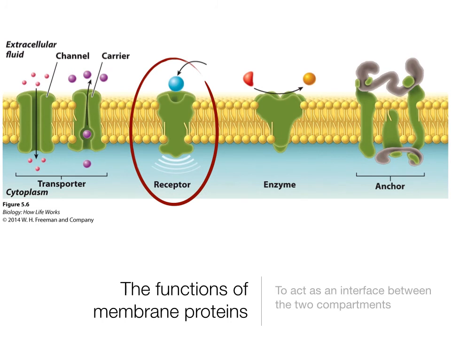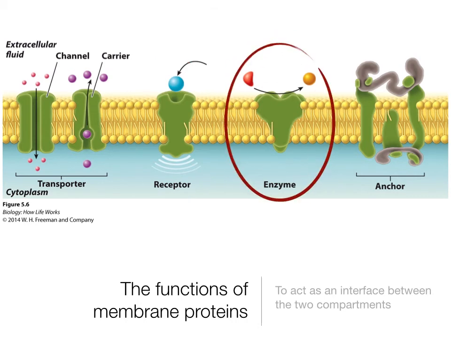Proteins can also serve as receptors, so some of the proteins will be able to sense extracellular substances and to send intracellular signals in the cytoplasm of the cell. You can also have enzymes that are inserted in the membrane and catalyze chemical reactions either in the extracellular fluid or in the intracellular fluid. So, for example, you can think of membrane proteins that will be able to digest the extracellular matrix to be able to move and crawl to another place in